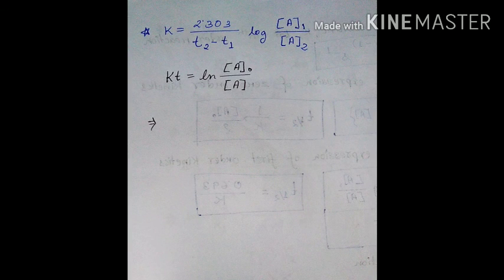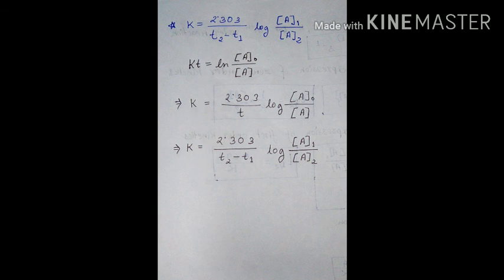Now let's move on to this expression of two concentration terms A1 and A2 corresponding to times T2 and T1. How simple this confusing formula becomes when we realize that it is actually derived from Kt is ln A naught by A again. Let's see how. What I have done in the second step is a few rearrangements. In the last step, I have put T2 minus T1 in place of t, A1 in place of A naught and A2 in place of A.